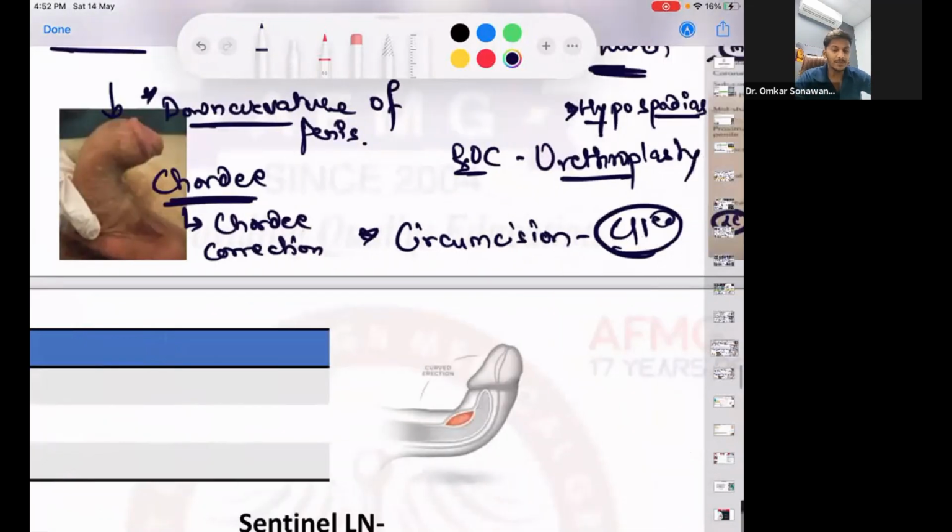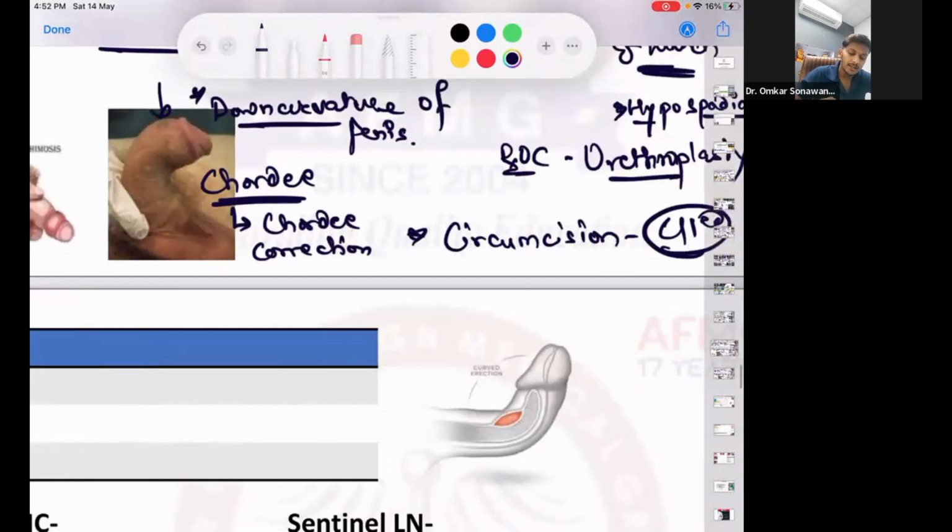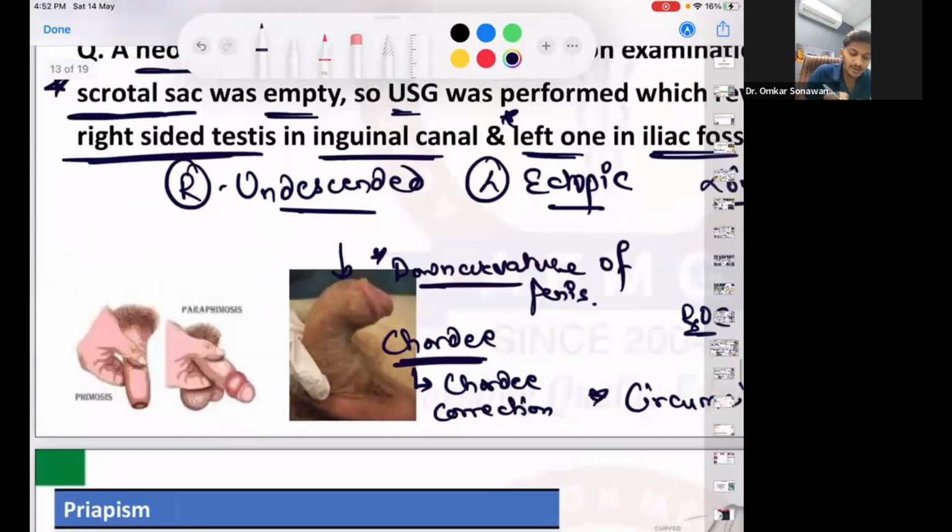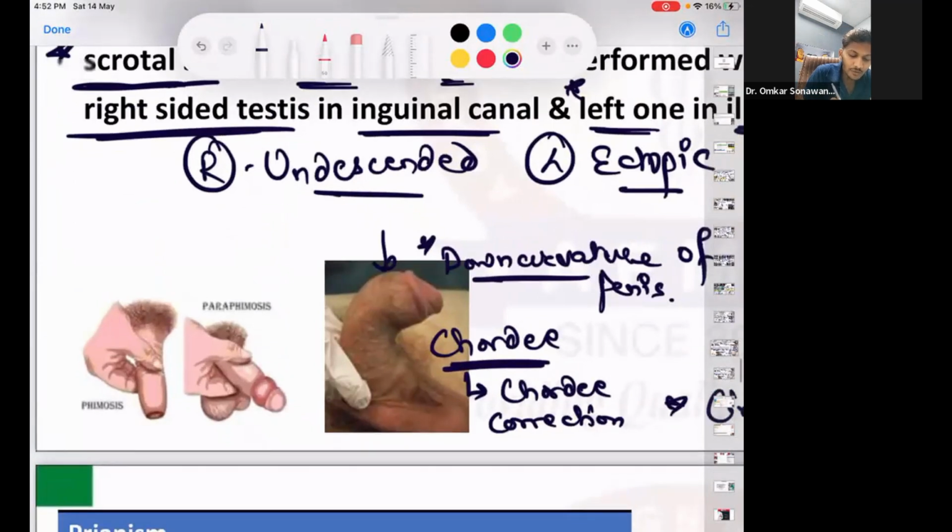Correction. Please remember, along with urethroplasty in the patient. No issues with this. Remember, then if the patient is unable to retract the foreskin, inability to retract the foreskin is called as